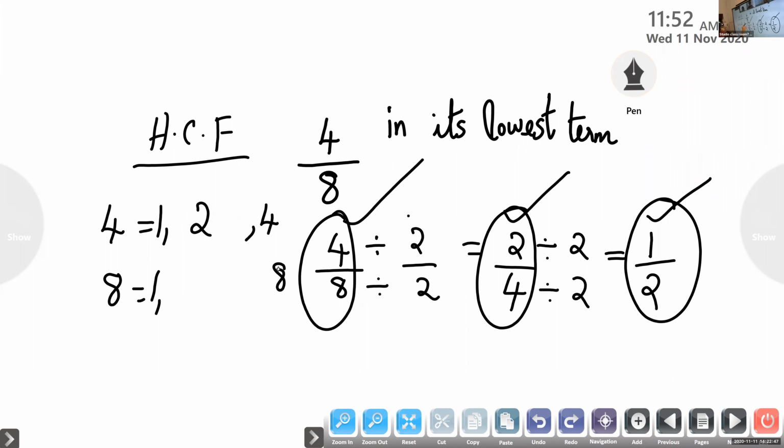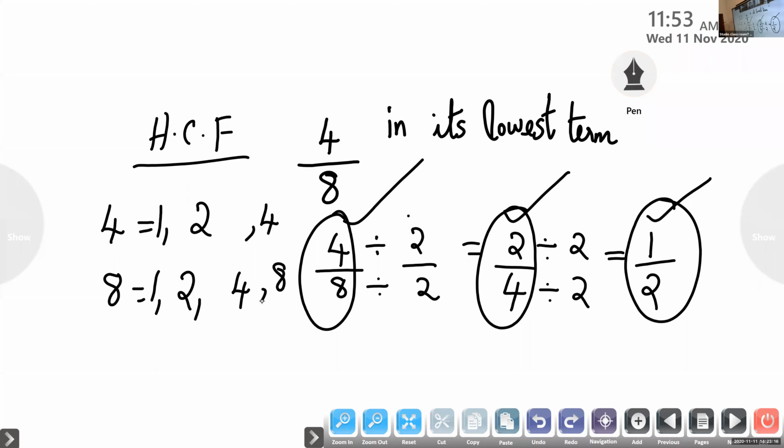How can we get 8? Yes, Richard, tell me this one. What are the factors of 8? 1 into 8 is 8. Is there any other factor? 2 into which number? 4. So children, these are the factors, and don't forget, I am coming to HCF.